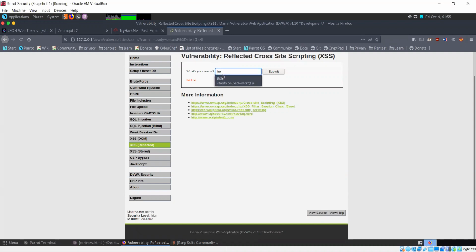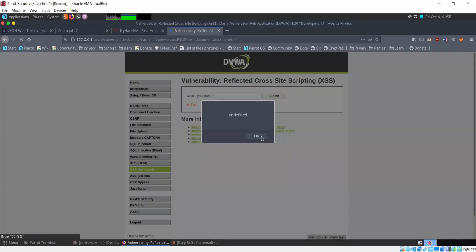Now, if I were to use body onload is equal to alert document dot host name, it says host name is undefined.